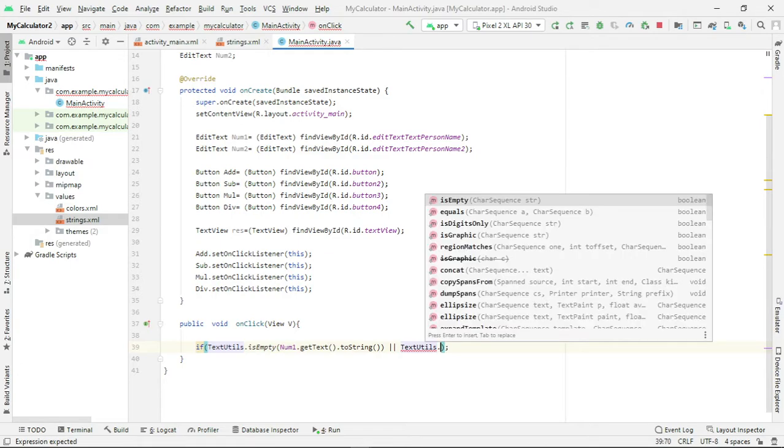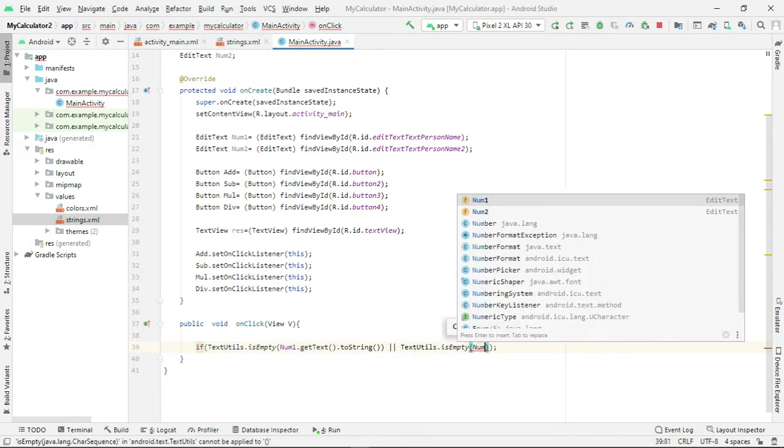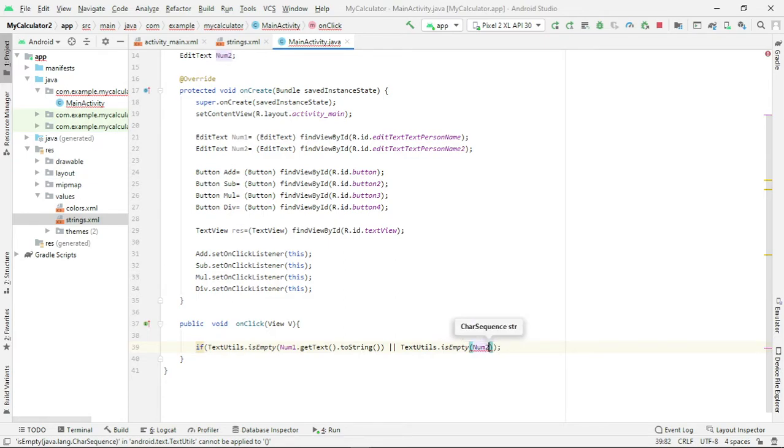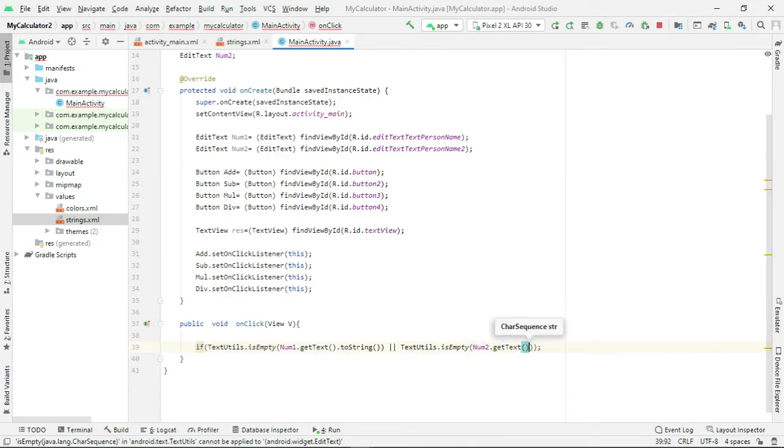TextUtils dot isEmpty num2 dot getText dot toString. After checking whether num1 and num2 are empty or not.